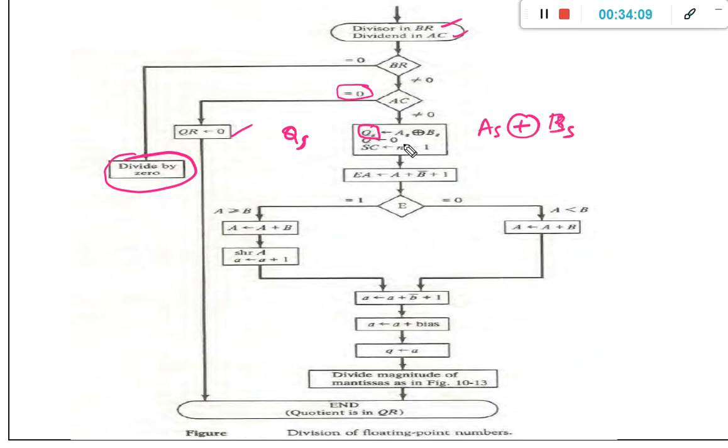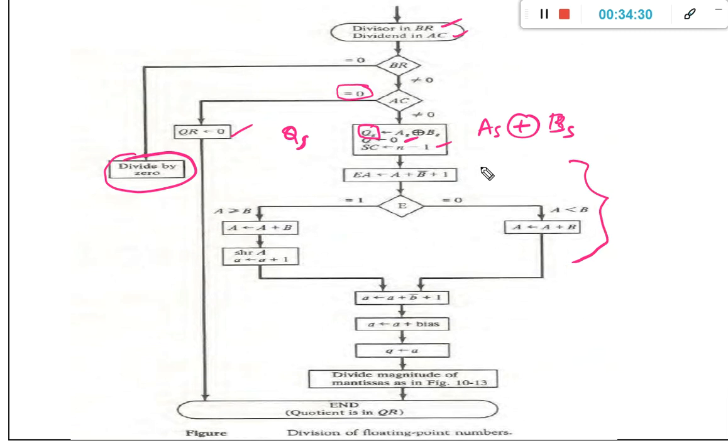Assign Q value initially to 0, and assign the sequence counter value to n-1 as usual. Before actually performing the division operation, we need to check the condition as we have checked in the division algorithm we saw previously.